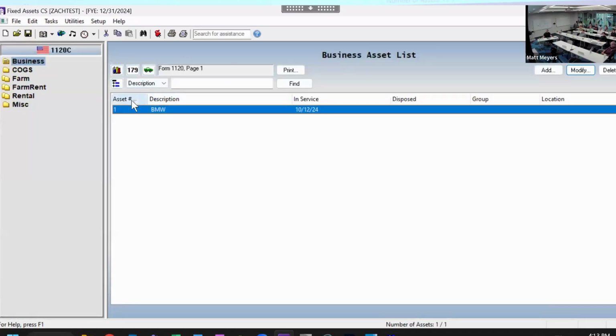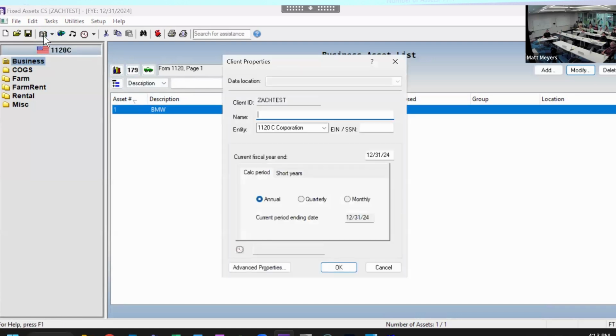Some of the other items in here, let's see. I'm just going through some of the inputs up here, but there's client properties. If we've got to mess around with year-end information, short periods, again, seek help. There's people like me and a few others who can do this pretty quickly. So if you've got to do something along those lines,